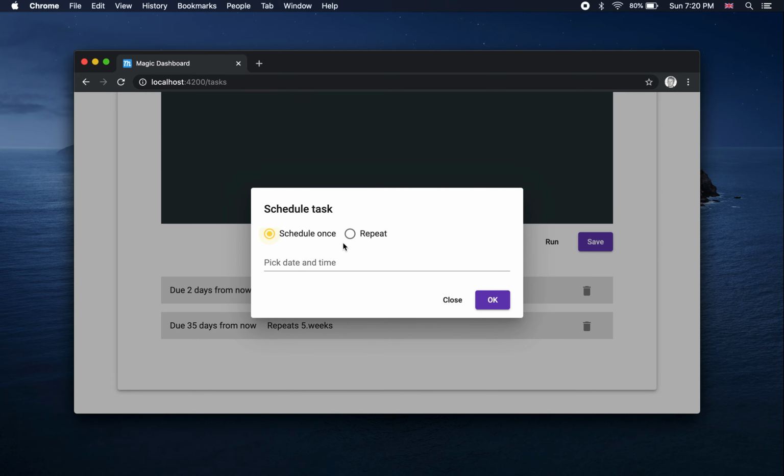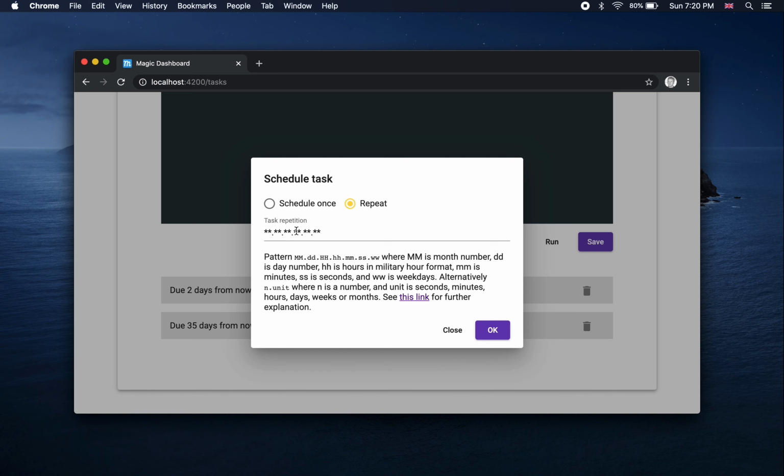And of course, I can also repeat according to, and this asterisk syntax here looks a little bit weird, but it's actually fairly well documented at the magic.lambda.scheduler GitHub project website. But the first 2 asterisks here are months. Second is day of month. The third one, which is the first mandatory argument, is hours. So let's do 23 hour, 57 minutes and 11 seconds on Sunday, and then pipe